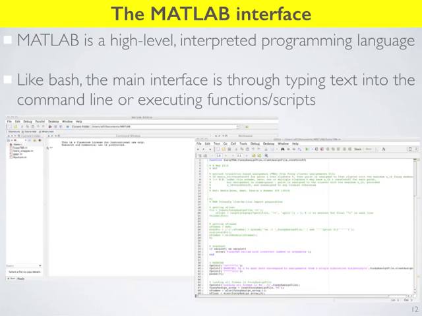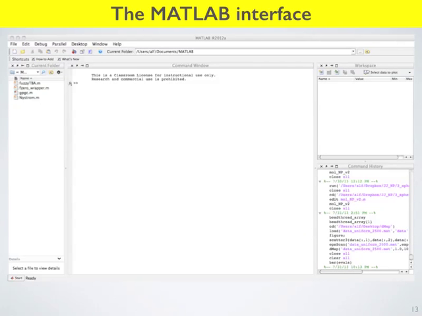The interface looks like this. You have your command prompt here where you type your commands, and some menus up here where you can operate. These show your current working directory, so this is all the files that you currently have available to you, and these are all the variables that are currently active in your workspace. If you've loaded variables, they will appear here, which is a nice feature. And then you have your command history, so all the commands you recently executed. You can hit the up key, just like you can in Bash, and cycle back through all these commands that you've previously executed. That can save you some time.